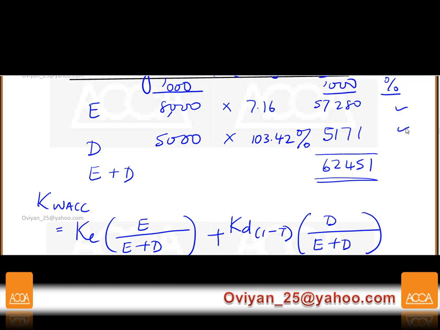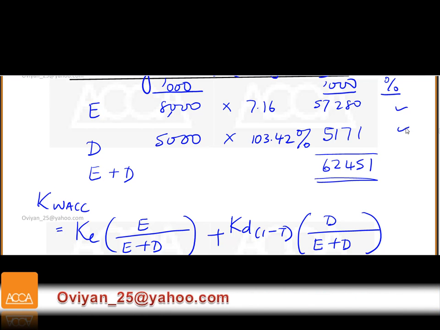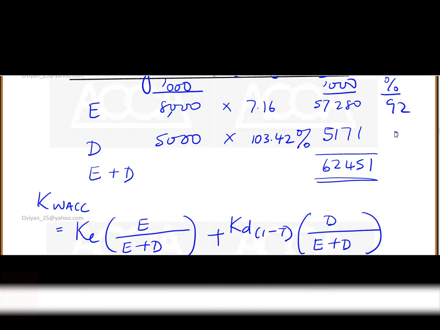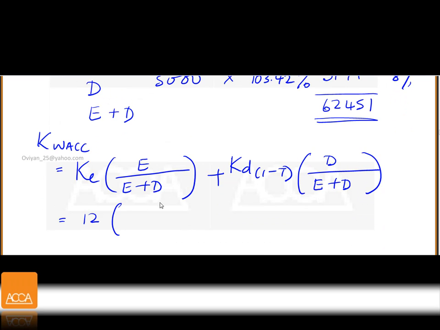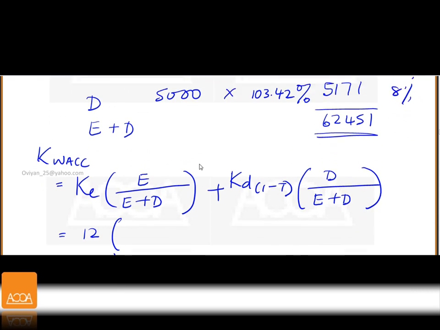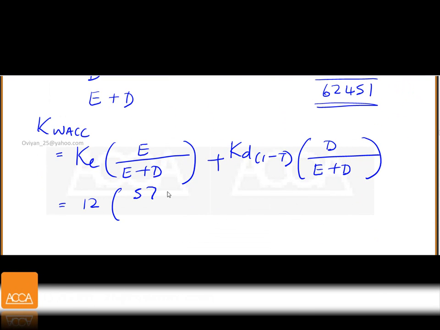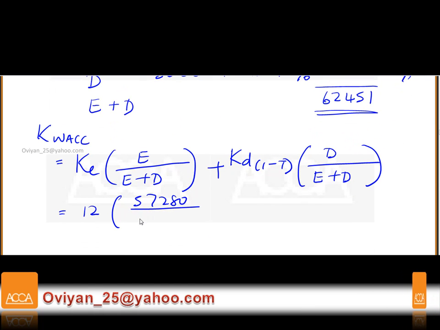If you're going to find the percentage, it's simply going to be 62,451. It's going to be around 92%. Yeah, it doesn't matter. 92% and 8%. If you want to use percentage, fine, go ahead. I will give full credit for that. 57,280 divided by 62,451